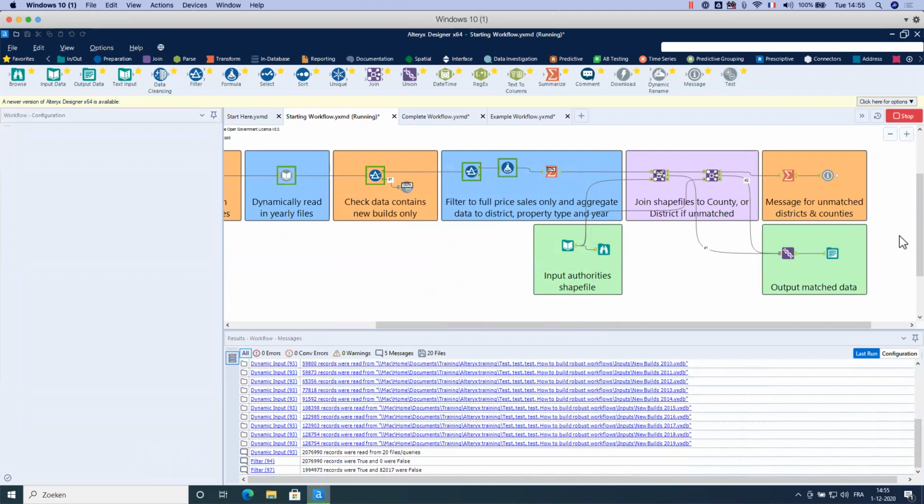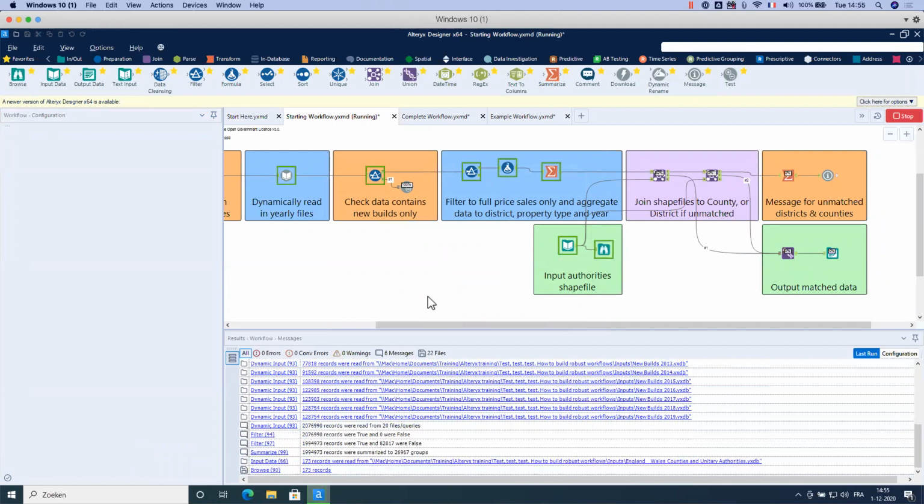So in this workflow, we used the test tool and the message tool. And now I will show you how to, so maybe I will wait 2 minutes, like this you can maybe continue, and then I will show you how to use the crew macros with this workflow.